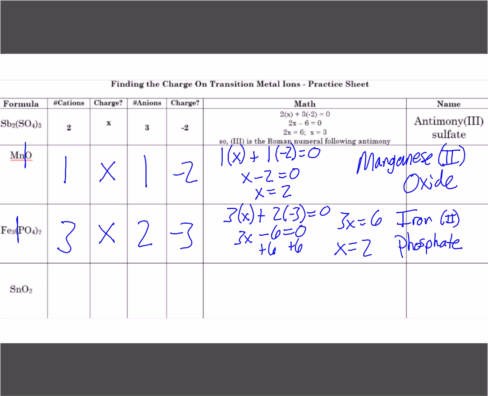All right, I want you guys to try the next one. Where am I going to split my compound? After Sn, right, after tin. How many cations do I have? 1. Charge is x. We're going to solve for that. How many anions do I have? 2. All right, and then what's the charge on oxygen? -2. So here we go. We're going to take 1 times x plus 2 times -2 equals 0. So x minus 4 equals 0. x equals 4. So the name of this would be